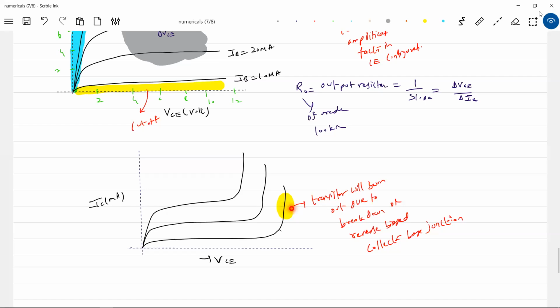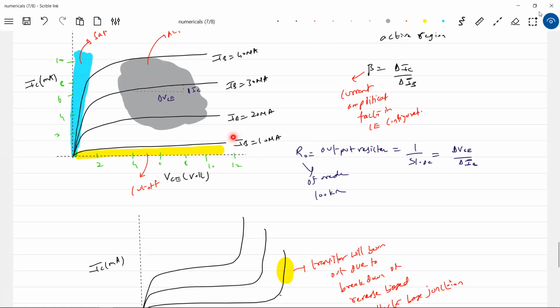Got the idea, no? As you increase the value of IB, the breakdown voltage will take lower values. That's what the curves say. The gap will not be this much. To have clarity, I showed it like this, but it'll be somewhere here. A small difference of around 1 to 2 volts will be there between these curves. So there is a possibility of being asked the curve. In fact, this is actually the curve. Here we don't show that breakdown. Here it will come like this. Got the idea?